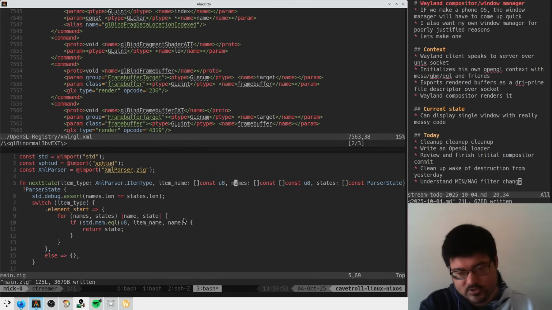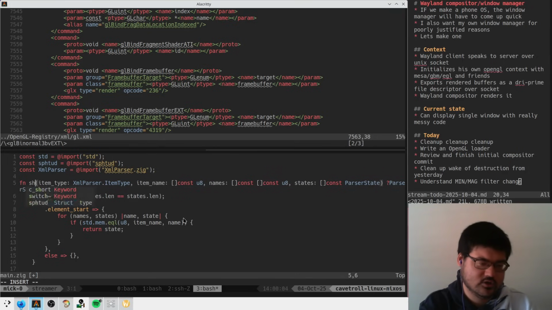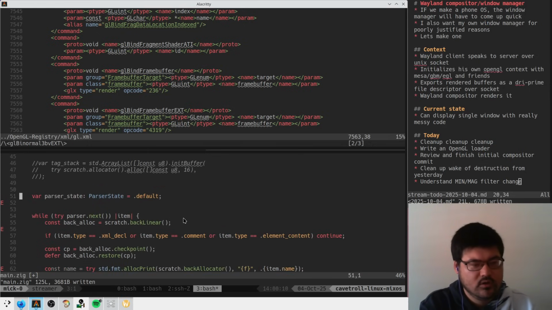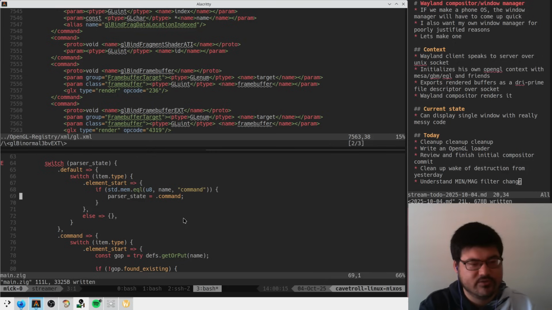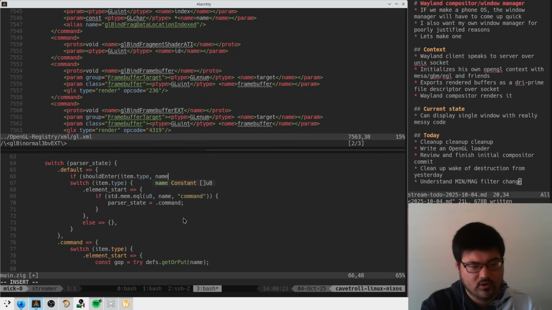This could be enter states here and exit states, or something. Not sure. Handle enter, like should enter or something. Okay, let's see how this works. So if we are in default state, we're looking for if should enter item type name